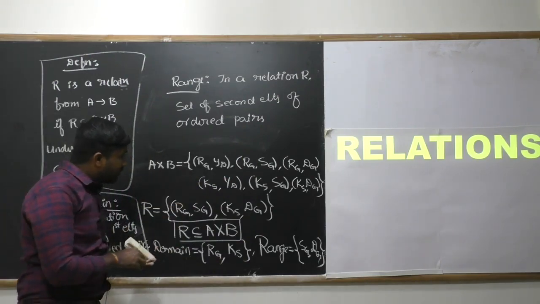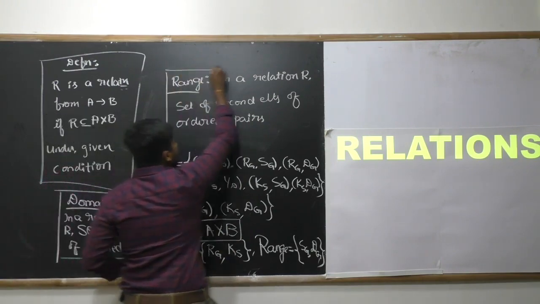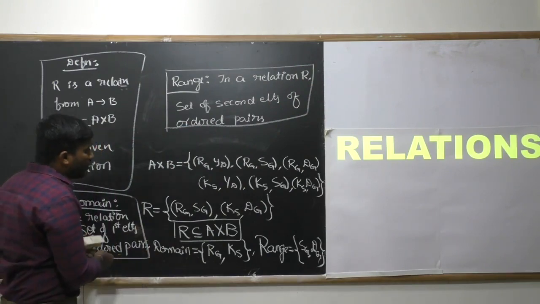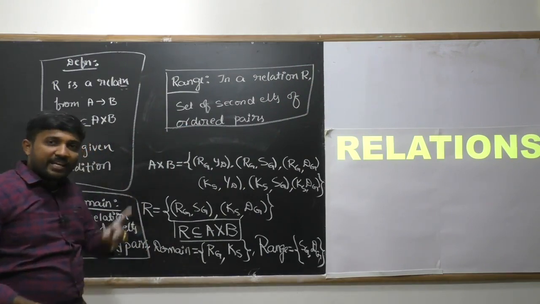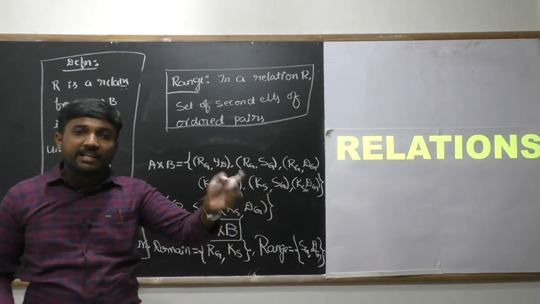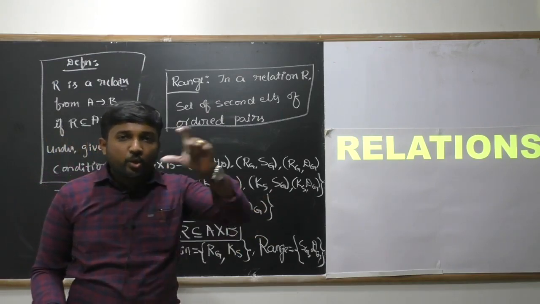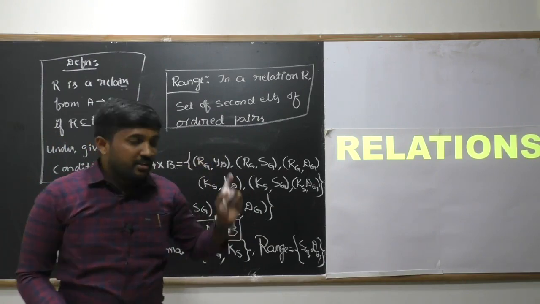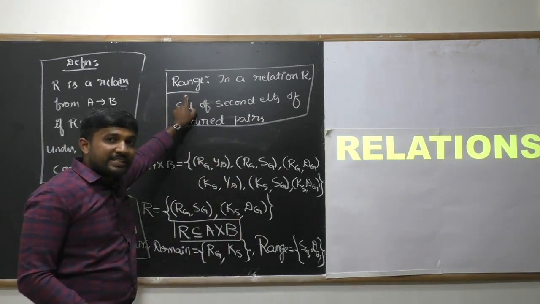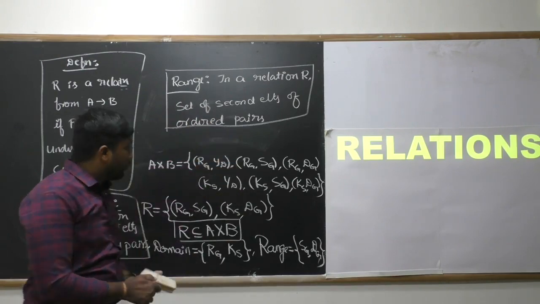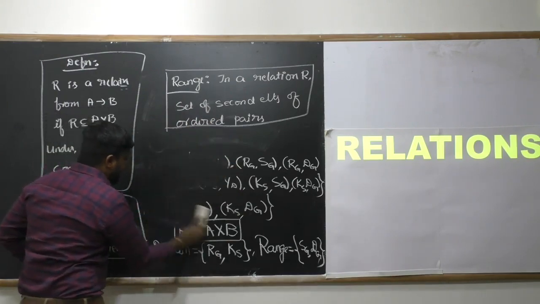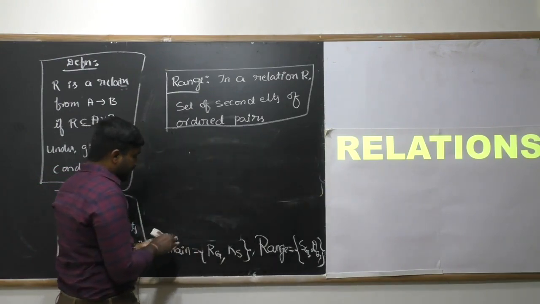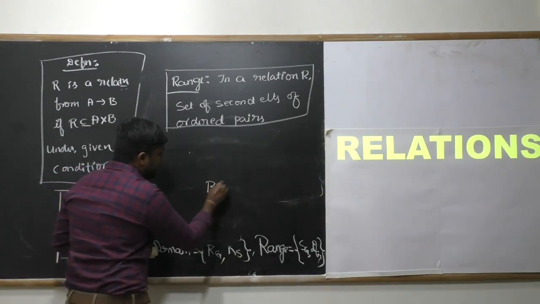Okay, now one more definition is remaining, that is codomain. What is codomain? Here in a relation R from set A to B, the whole set B is the codomain. Range means only the second elements of the ordered pair. What is in our example? In our example, what is the second set? Dear students, please tell me the elements of set B.